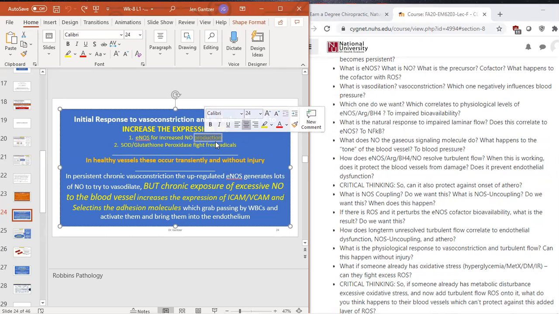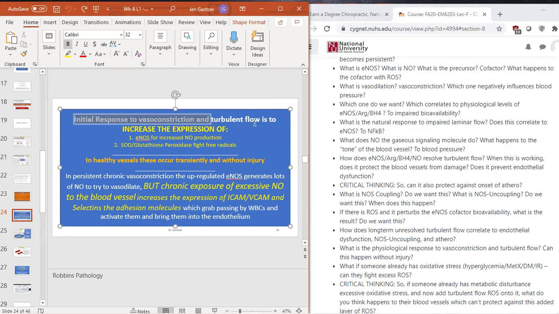What if they have a system of oxidative stress, they don't have the ability to protect against it? Guess what they don't have? They don't have BH4. Guess what they don't get? They don't get vasodilation. So a normal healthy individual that has all of these nutrient bioavailable constituents as precursors and